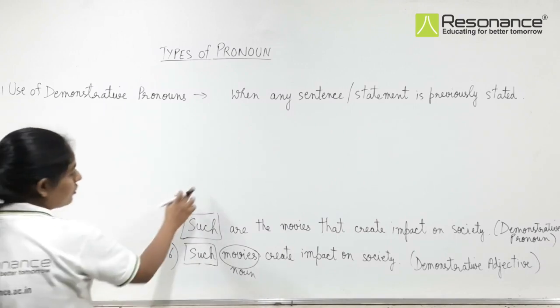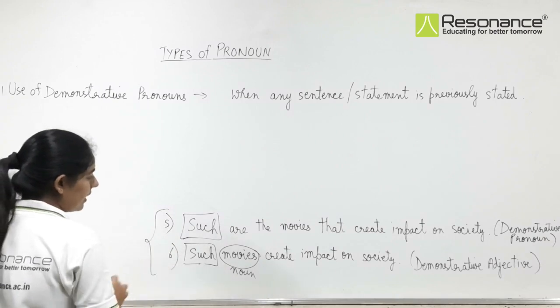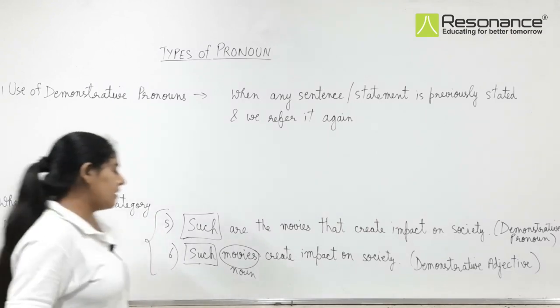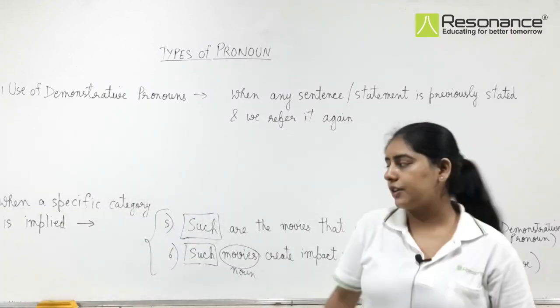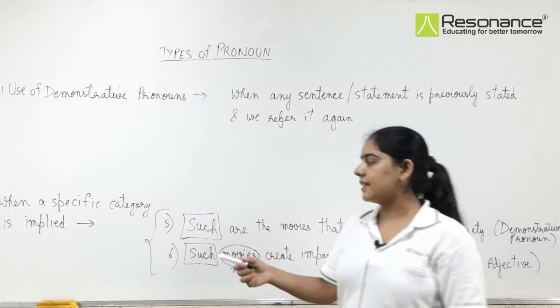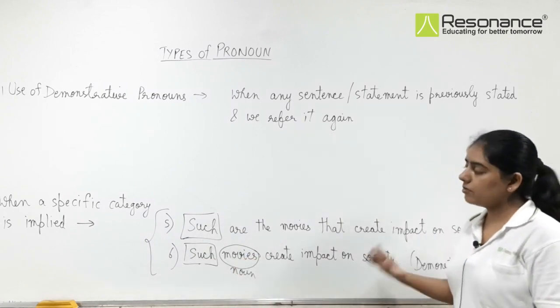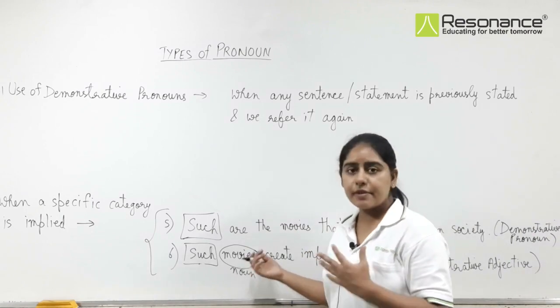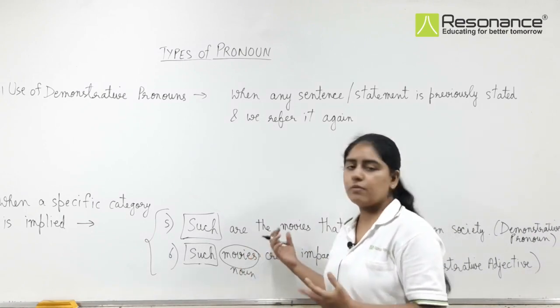अच्छा यहाँ पर जो हमने पढ़ा था, these two examples, right? These are the uses of demonstrative pronoun when some category is implied. Now both these examples, 5th and 6th, are used when a specific category is implied. You can see I am talking about a particular category in point number 5th and 6th. कुछ खास किस्म की हम बात कर रहे हैं, कोई भी चीज़ हो सकती है, मूवीज़ की हम बात कर